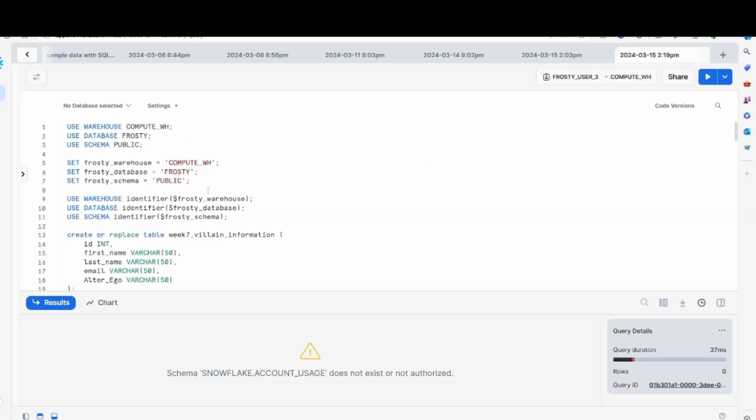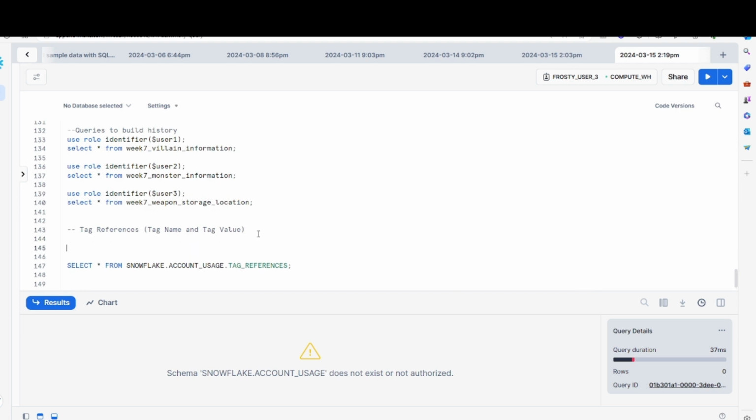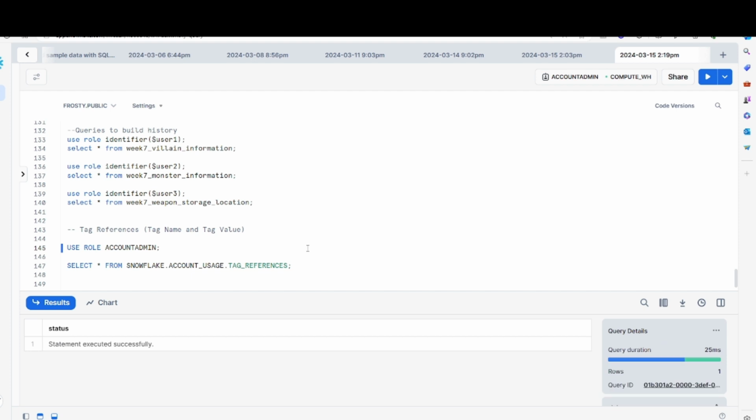I'm going back to here. Okay, because I'm using FrostyFriday user 3. In order to look at all the views within the account usage schema, you need to use an account admin for this, right? Use role account admin. Okay,